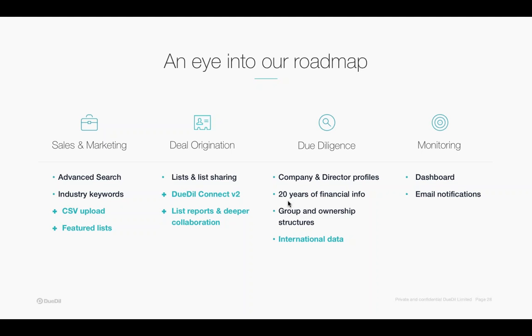For actually using those lists, we're pushing a new version of DueDil Connect. I didn't show DueDil Connect much in depth here, but basically it allows you to sync another data set, which is your email network, so that not only you, but your team can see your network. And you can say, okay, out of all the cash-rich companies that exist in the UK, how many have I contacted in the past and how many have I never contacted, neither me nor my team? And that's a very strong way of looking at your network and seeing companies that you never even considered before.